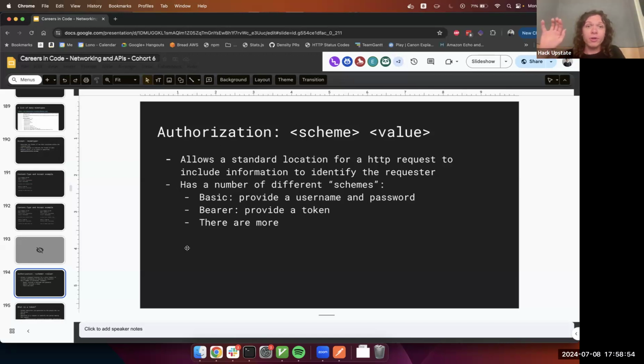And then your value, the other side of your header, you do Basic with a capital B, space, and then the value that you would use to prove who you are. And the same thing with Bearer. It's just instead of Basic, you do uppercase B, Bearer. For Basic, the way basic auth works, it's like your classic username and password situation. So what you do,